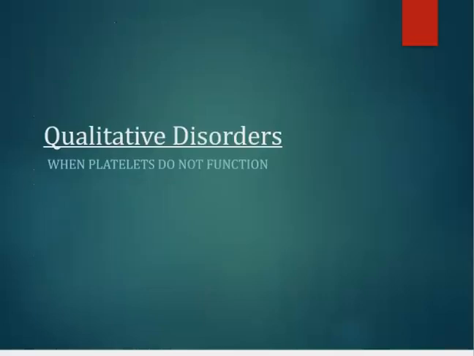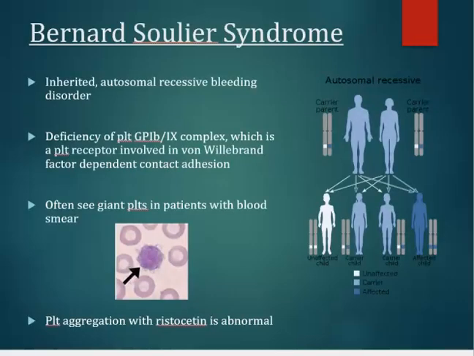So now let's cover qualitative disorders dealing with platelets. This is when your platelets do not function properly. The first disorder in this category is Bernard-Soulier syndrome. This is an inherited autosomal recessive bleeding disorder. The deficiency is of the platelets'